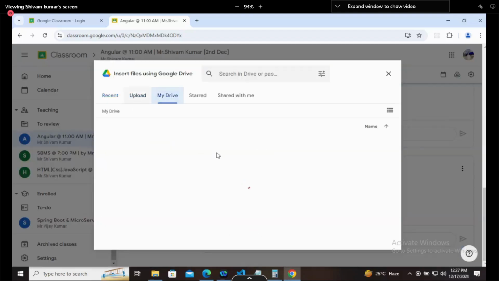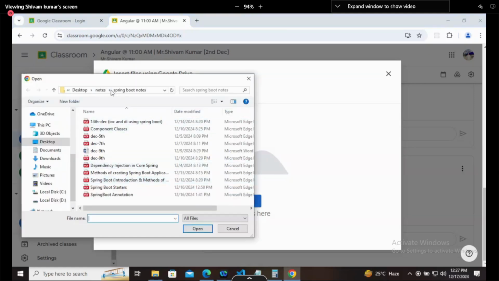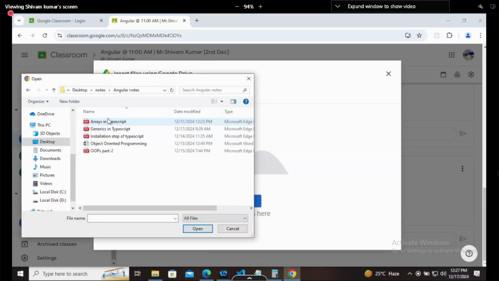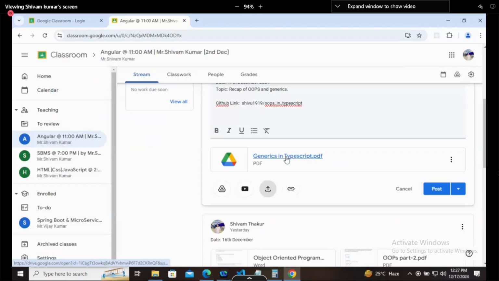Notes you are getting, code you are not getting. For code, I have uploaded the file, a GitHub link, so you can get it. So today we discussed class, generic classes. Tomorrow we will discuss decorators. At first we will discuss whom to contact. Contact IT admin. She dropped the message in the group. Something like Monica. You can contact her.